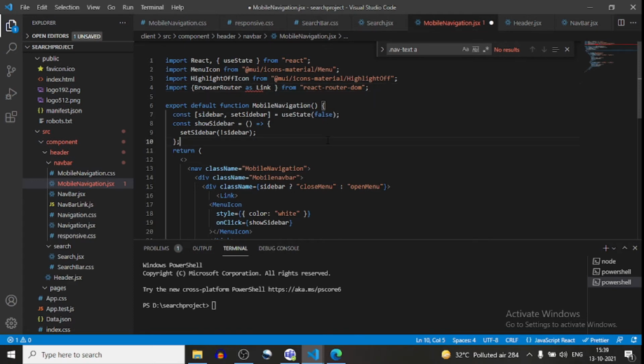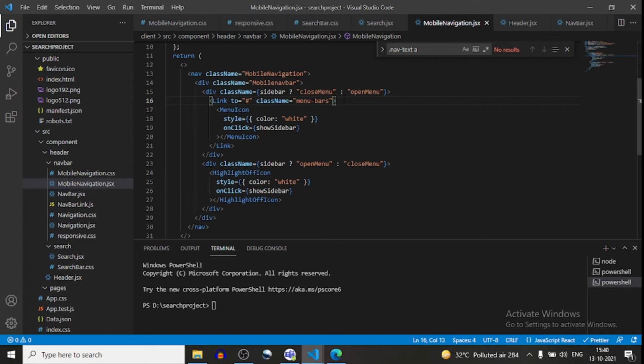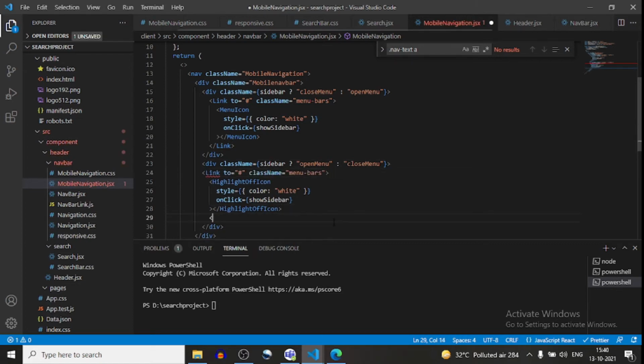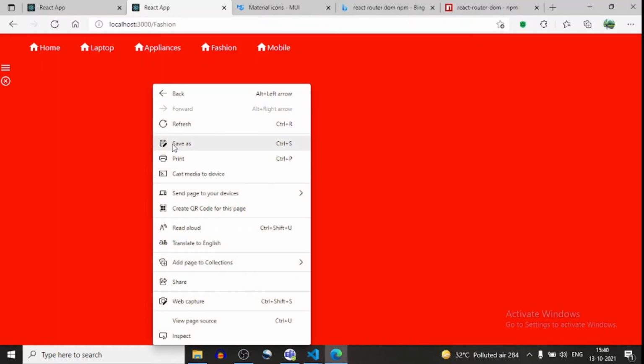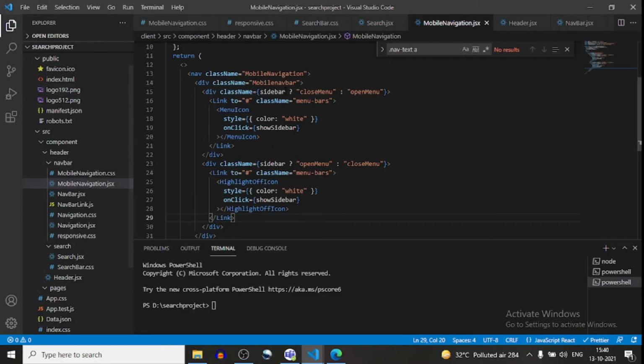Now the same link I will apply over here. Okay, now see this button. This button looks something like this. Now again we have to do some CSS, so I will go on.